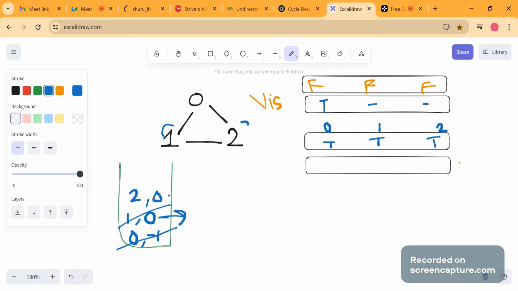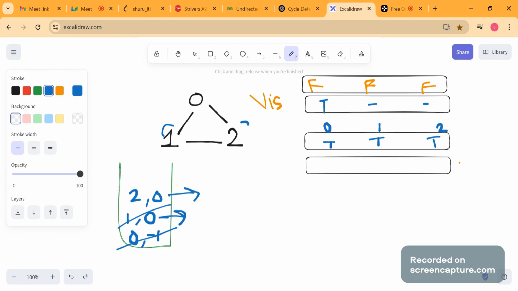So now the next is 2 comma 0. Now 2 comma 0, again we will check 2 is also visited. But now we can see that 2 is visited because of 0, but we are coming to 2 from 1. After 1 we are coming to 2, because 1 also had its neighbor 0 and 2. So 0 was already visited, but 0 was a parent of 1, so it's fine. We cannot conclude that it represents a cycle.